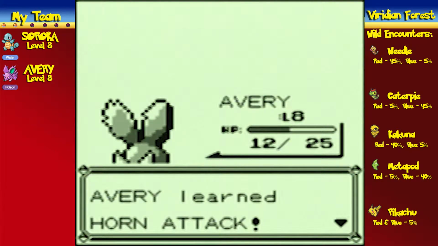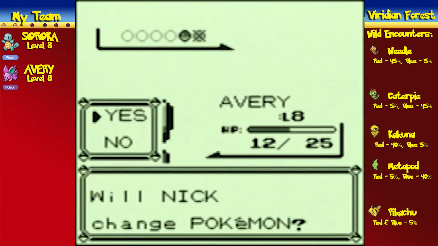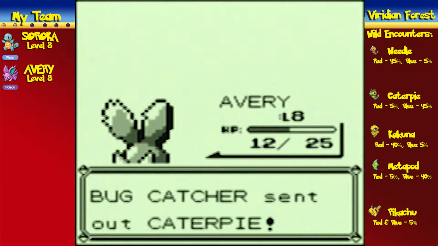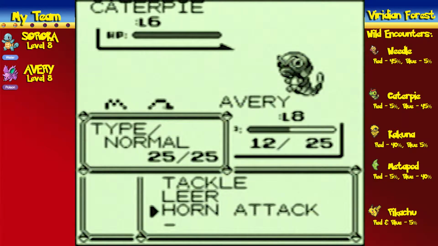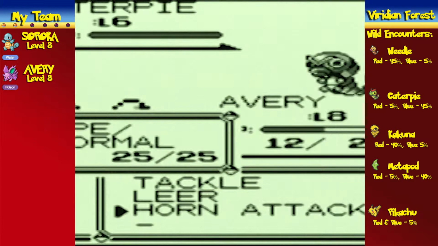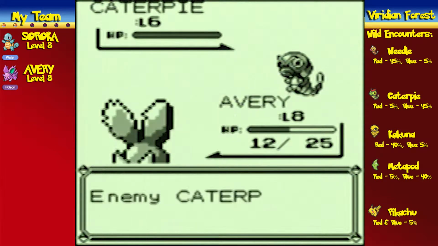And we learned Horn Attack, which is a more powerful version of Tackle. So let's not change. We'll give Avery some more experience here. And now we can do something. I did this in the last episode and I didn't talk about it. If you press select, you can actually move a move to a different slot. So we'll move it to...